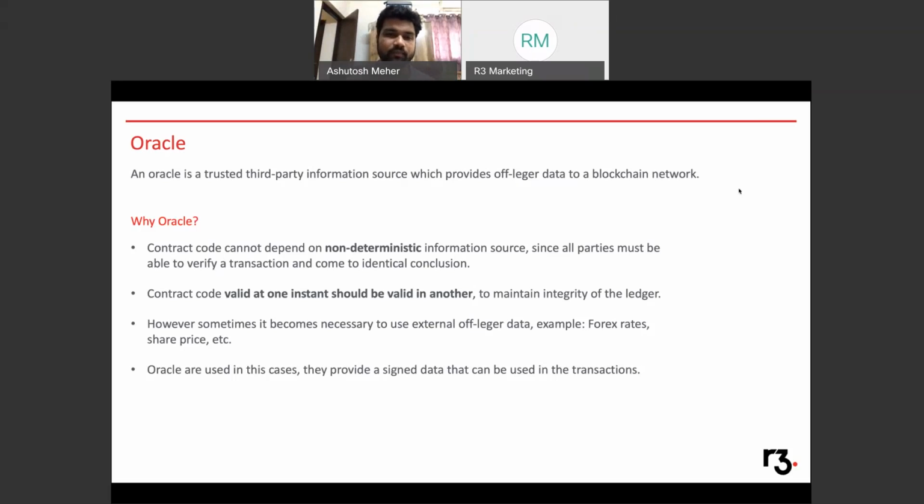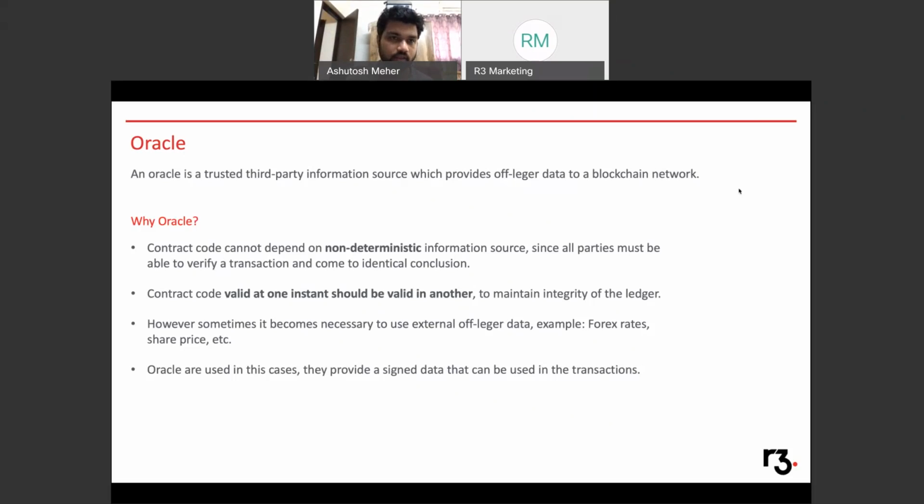So you can't really store it, or even certain other information which for some reason you can't store on your node's database. These are obviously supposed to be fetched from somewhere, and the Oracle helps you to do that, right? So you consult an Oracle saying that I want this and this data, and the Oracle will provide you with that data, which you can then include in your transaction and get the transaction signed by the Oracle, and that data can be accepted by